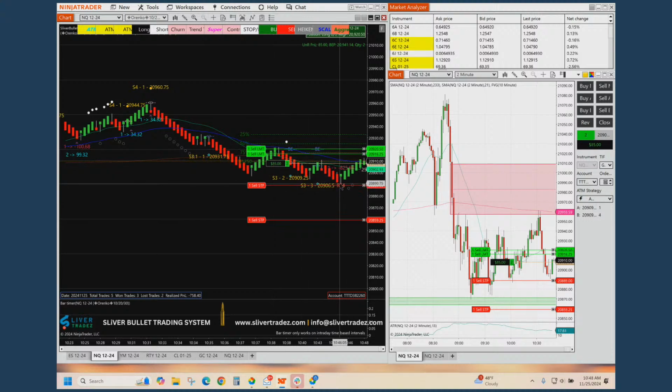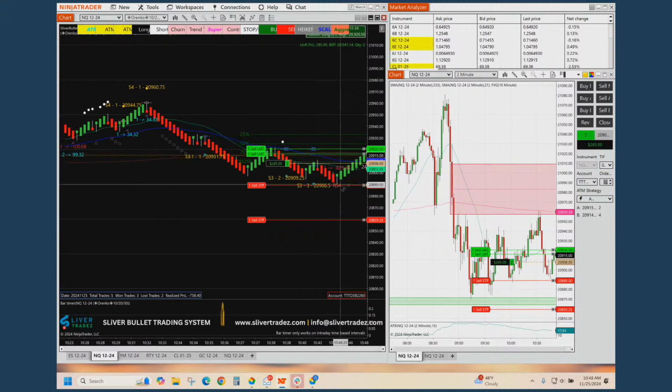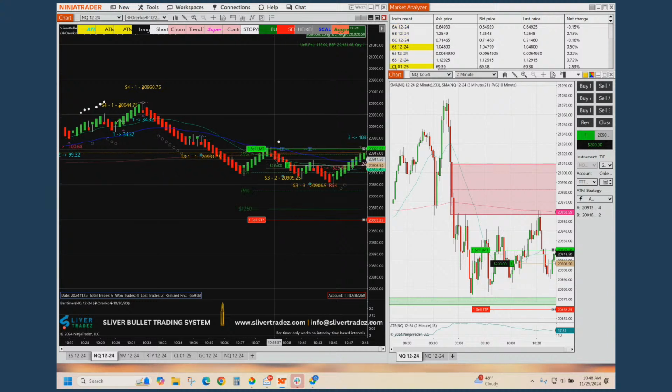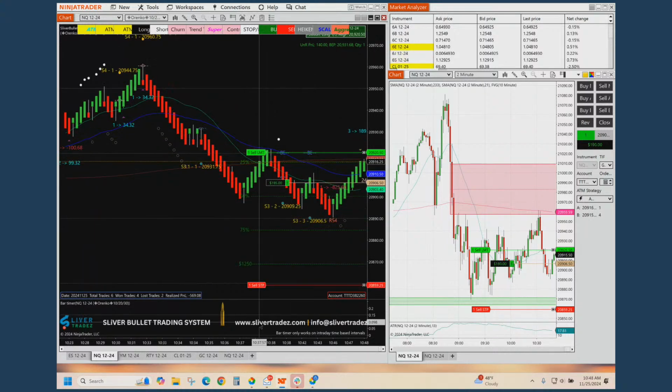So if I hadn't moved my stop here, I would have been better off. But I needed to manage my risk as well. So I placed the stop here, and market took my stop and then started to move back up. Target filled. Now it seems to be heading upwards without me. So what I'm going to do is I'll start trailing my stop here.